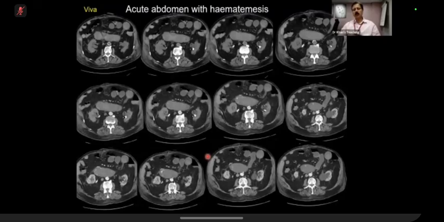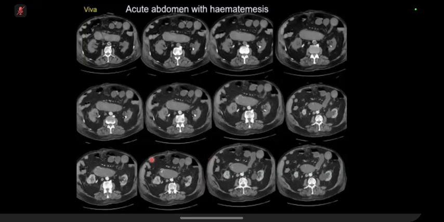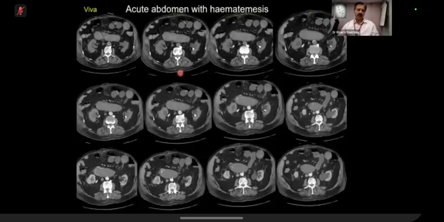So you're using the word bowel. Can you tell me which part of bowel it is? So it is likely duodenum. It is likely duodenum. Okay. Yes, sir. Fine. Okay, so this is a classical case of